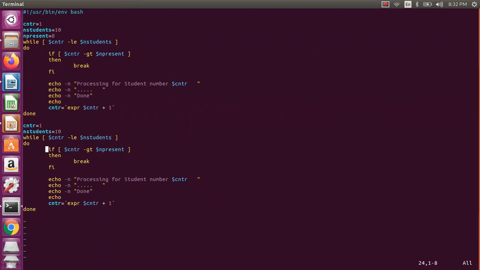And I no need to say greater than and all. So what I need to do, if counter equal to 358 actually, counter equal to 3, or counter equal to 5, or counter equal to 8.